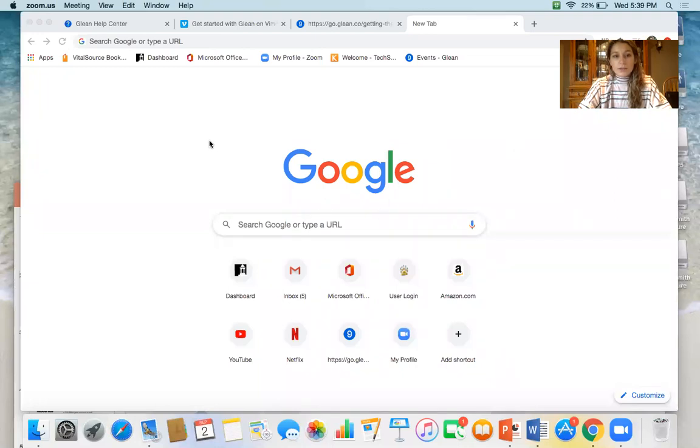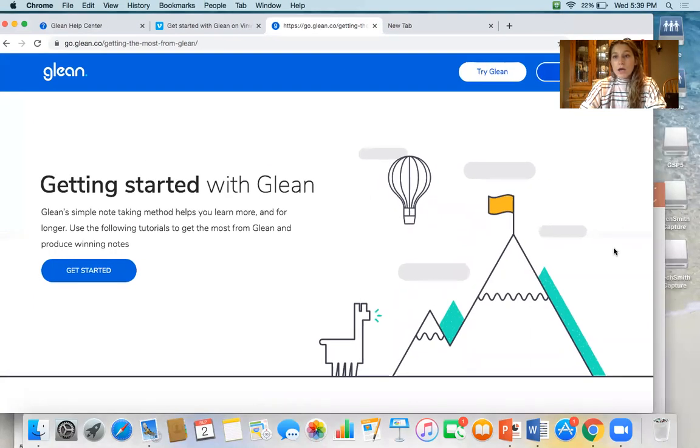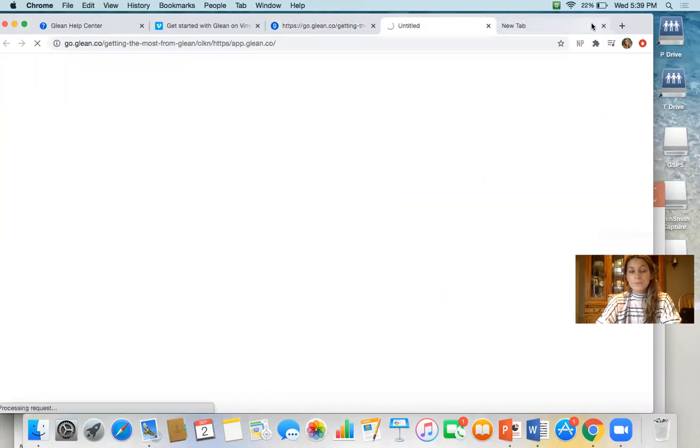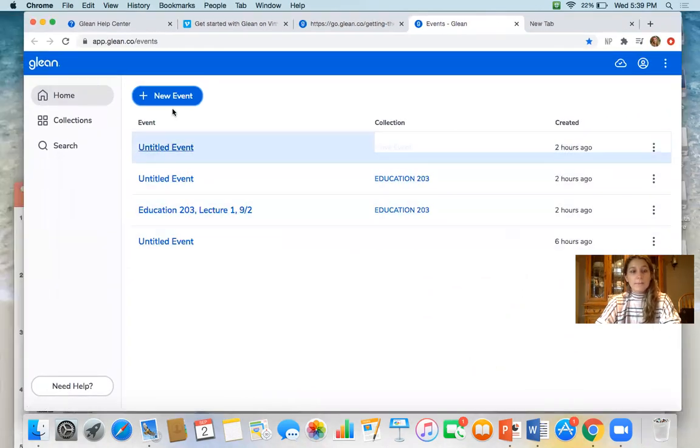So once you exit out of that. Once you guys sign up, we will send you an email. Jessica will be inviting you to be a member of Glean. So once you get on there, it'll send you that. This is kind of like the main screen to log in. So you're just gonna go here, log in, and then it'll process you. And then this is going to be your main page for how you can start working through